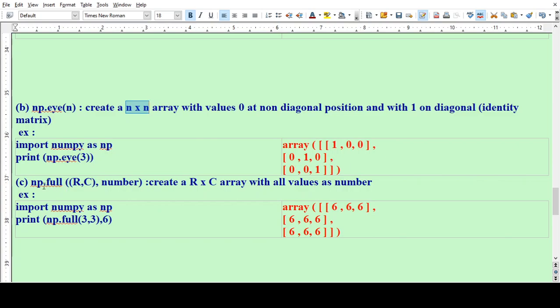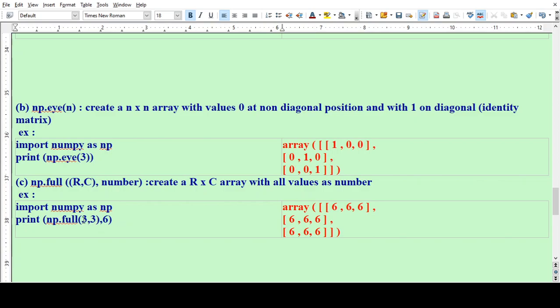And another example, np.full(r, c, number). This statement creates an r cross c array with all values as number. Example, import numpy as np, print np.full(3, 3, 6).